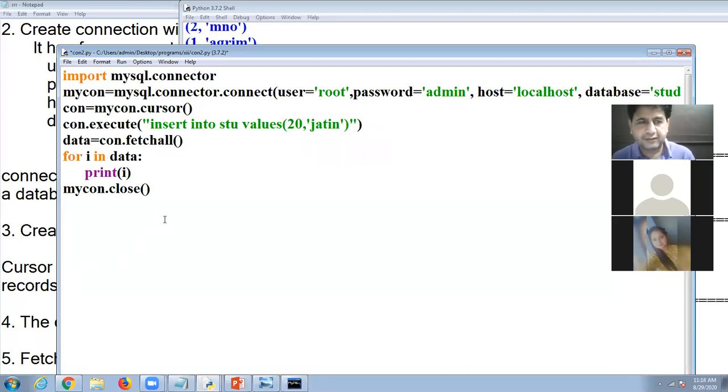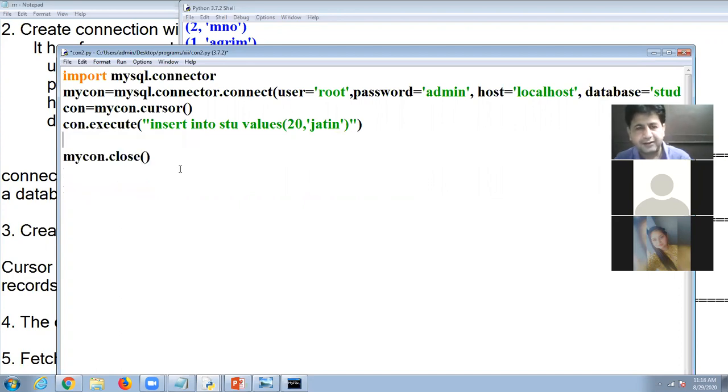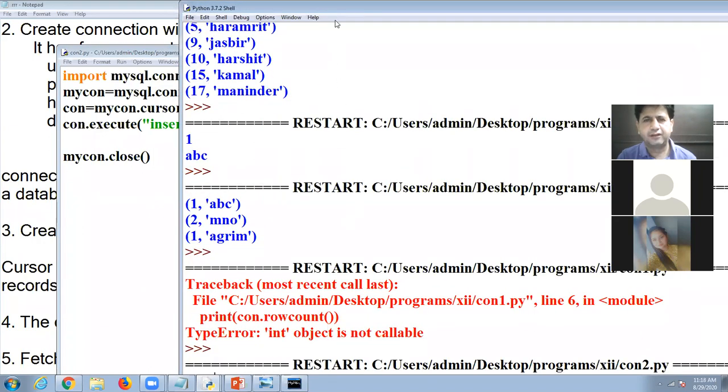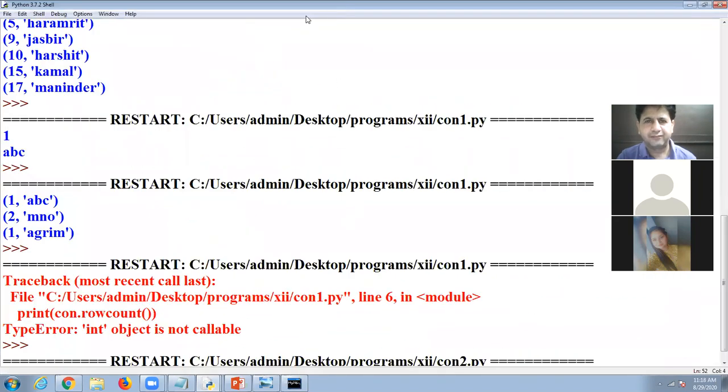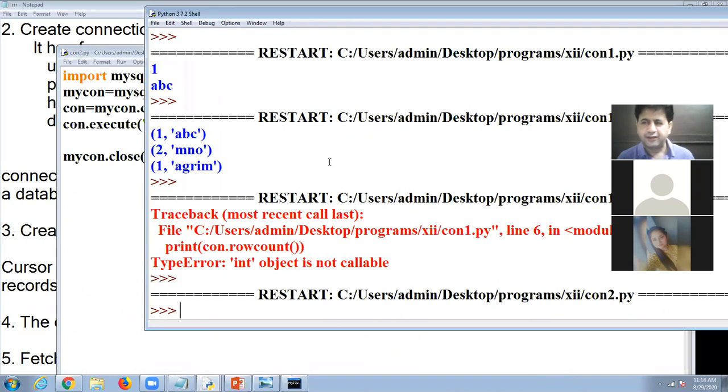In that case, we are not getting the data, so no need for fetchall records. So I am deleting that. But remember one thing, I am going to execute this. There is no error, but in 1 minute I will show you. There is no error. It means data is inserted?